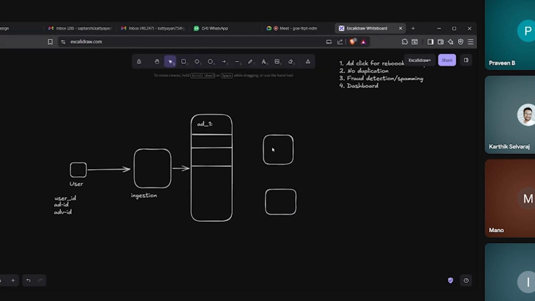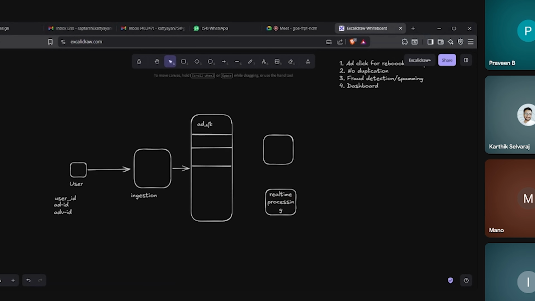I'll talk about fraud detection later, so I'll cover this one first. We'll use this service for real-time processing.